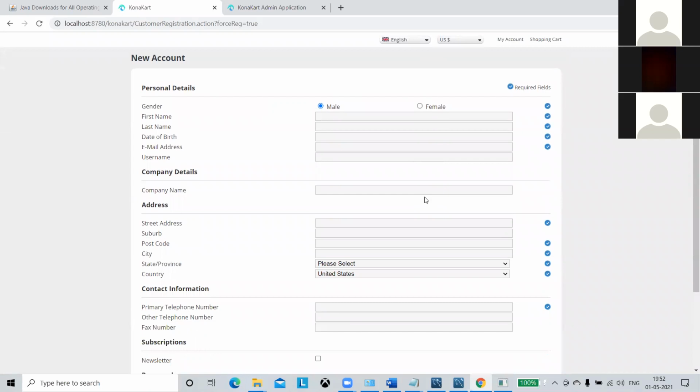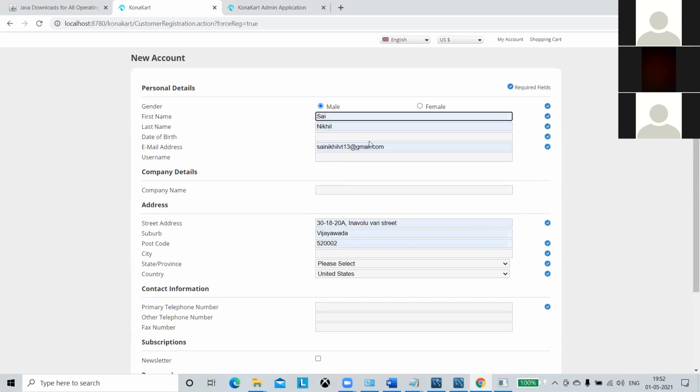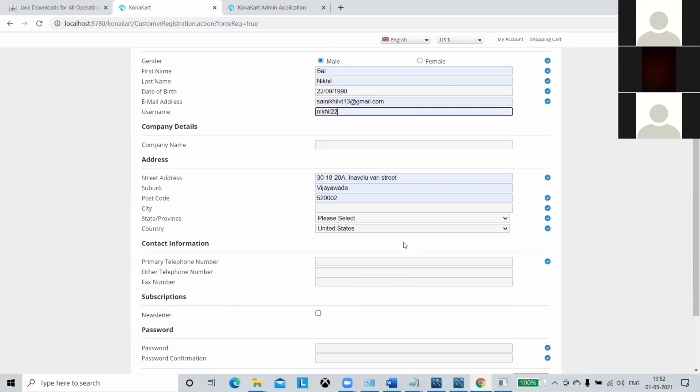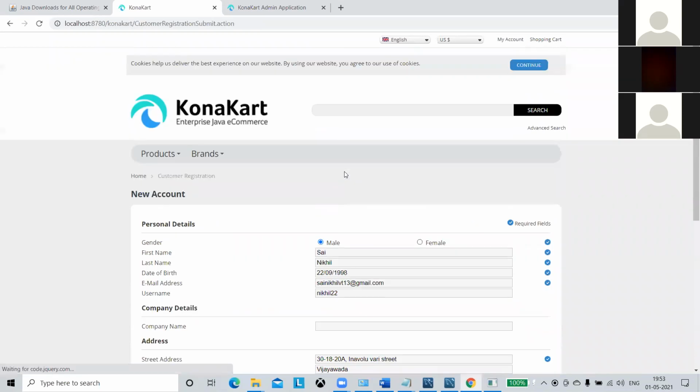Enter your first name, last name. Give like Konakart user one or something. You can give your name, that's fine. And you have to enter all the mandatory fields. So scroll down. Select a state, city.